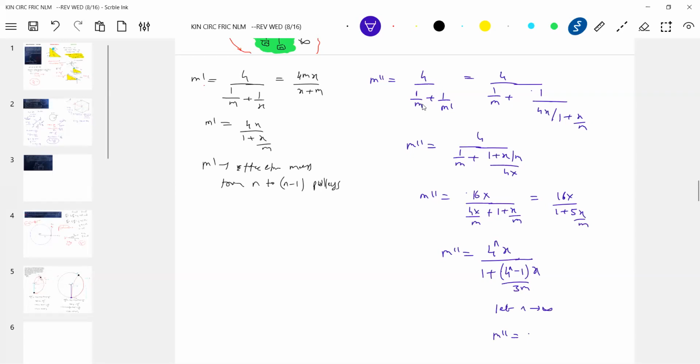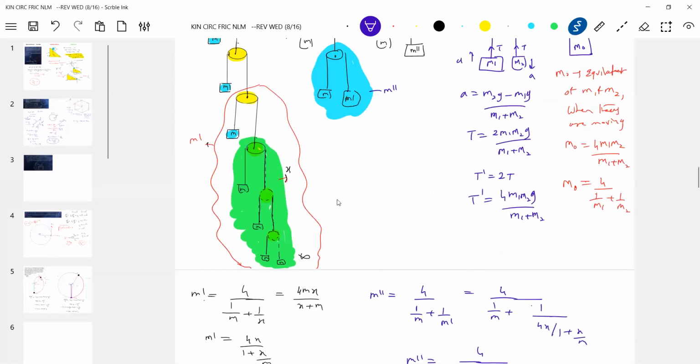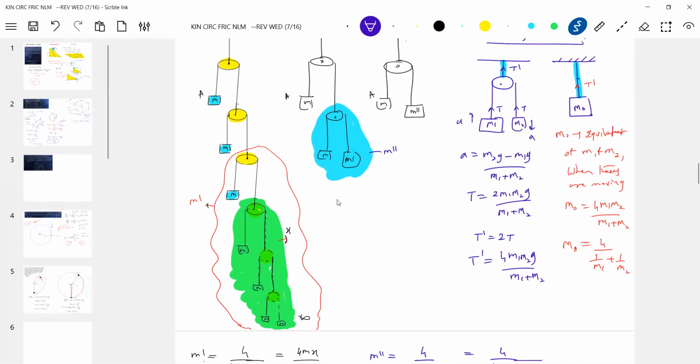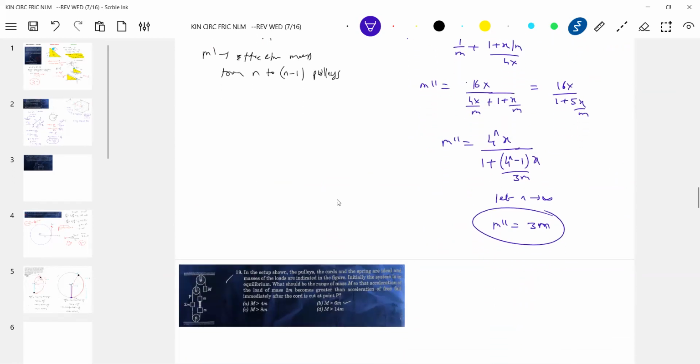Anybody, the value of m double dash? Anybody just simplify 3m, n, huh? 3m, huh? Okay, 3m I got it. Okay, I got now the m double dash value. Let's see where we will substitute. So in this particular system,